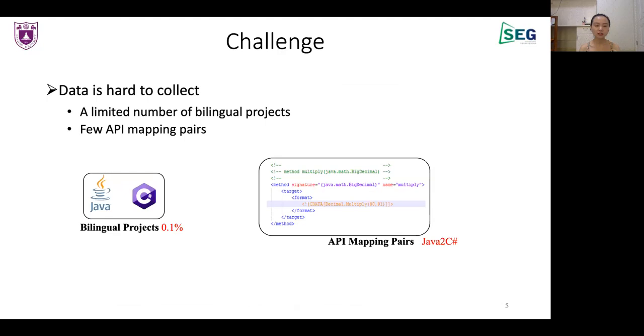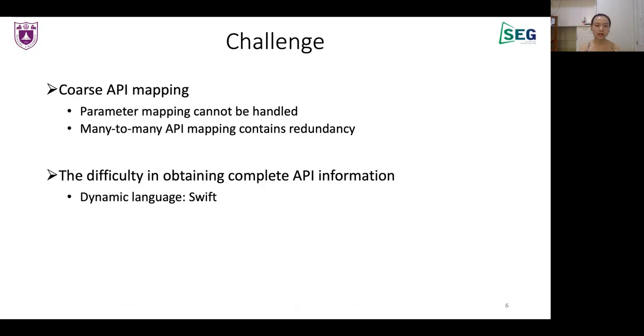But they all face some challenges. First, the data is hard to collect. There is a limited number of bilingual projects, and there are only some Java to C# API mapping pairs. Second, most works generate coarse API mapping. For example, they cannot handle parameter mapping, and many-to-many API mapping contains one-to-one API mapping. Third, most works statically parse code to obtain complete API information,